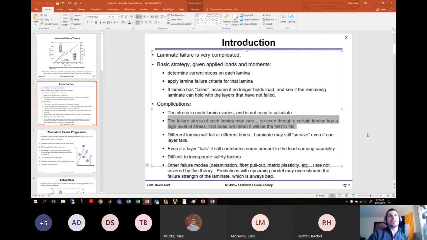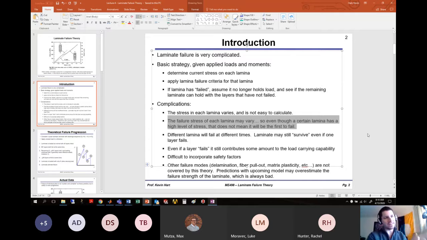But we know that the 90-degree layer just doesn't handle stress and tension across the two direction very easily. So even though the stress in that 90-degree layer might generally be less, it could still fail earlier than the 0-degree layer. So that's the general idea, that even though you've calculated stresses in the layers, and you might see